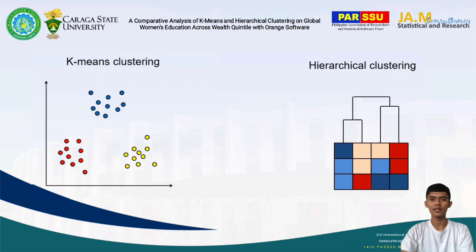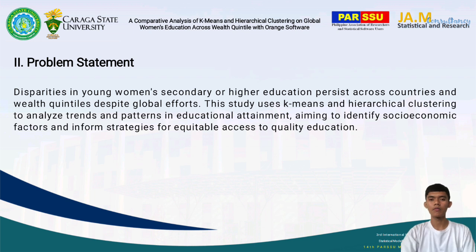Now that we have a better understanding of K-means and hierarchical clustering, let's move on to our problem statement. Despite global efforts, disparities in young women with secondary or higher education persist across countries and wealth quintiles. Our study aims to uncover patterns and trends in educational attainment using two clustering methods, K-means and hierarchical clustering. By analyzing this data, we hope to identify socioeconomic factors influencing education and inform strategies for equitable access to quality